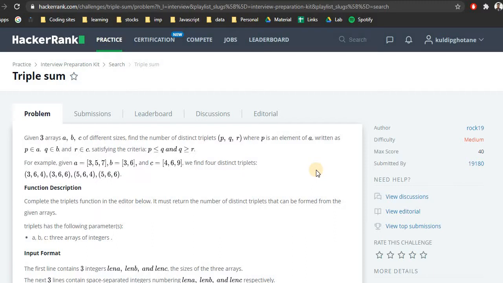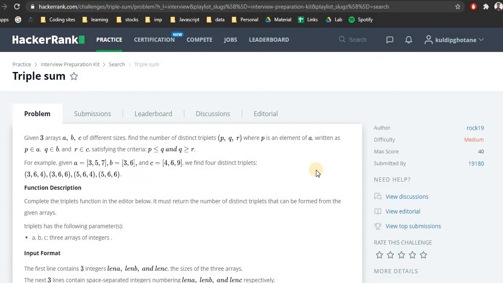First, we'll discuss the problem definition. After that, the explanation, which will have the basic explanation and the advanced, or optimized, explanation, which will be followed by the optimized code. So if you are in a hurry, you can either watch it at 2x or directly skip to the part you like. Let's start with the problem definition.